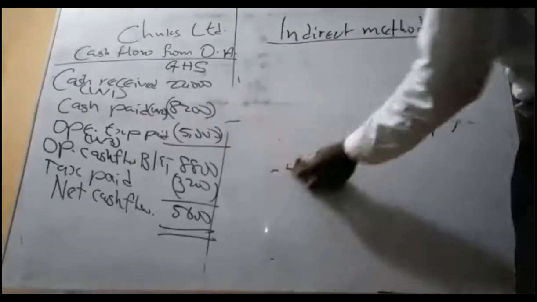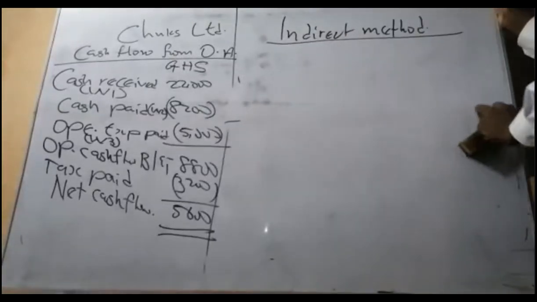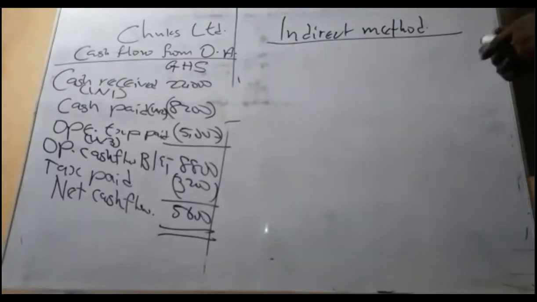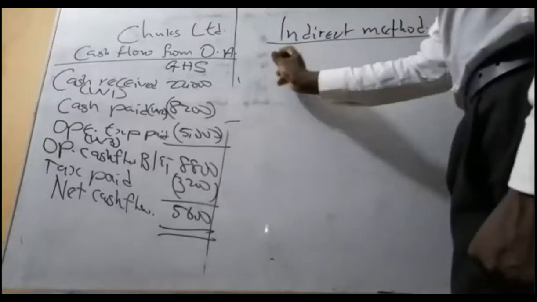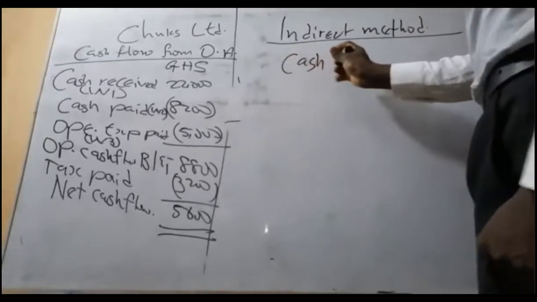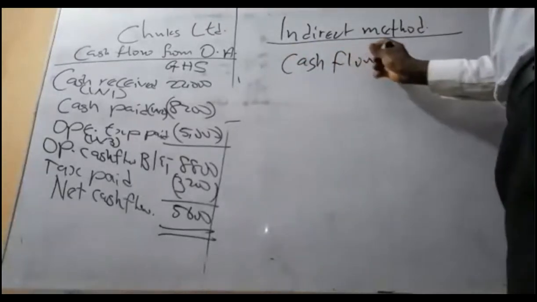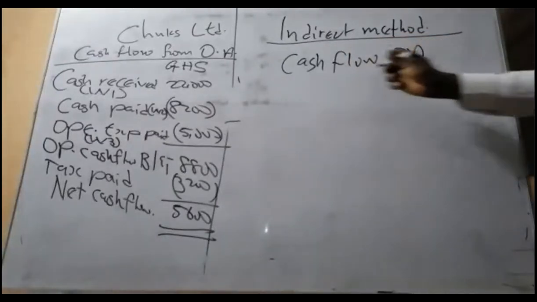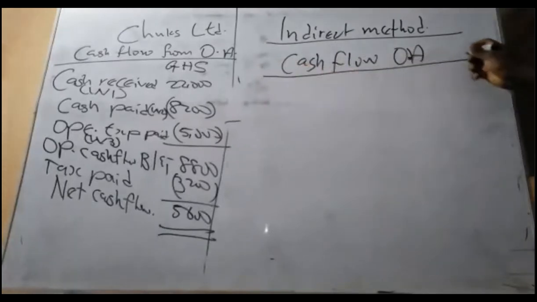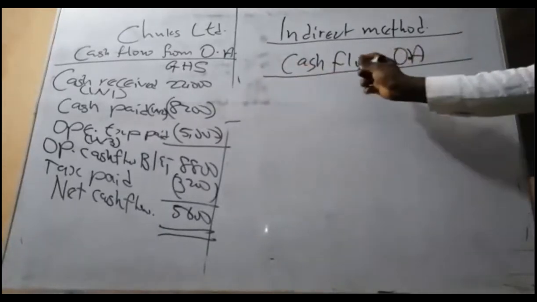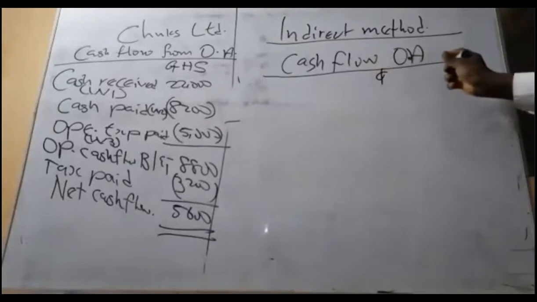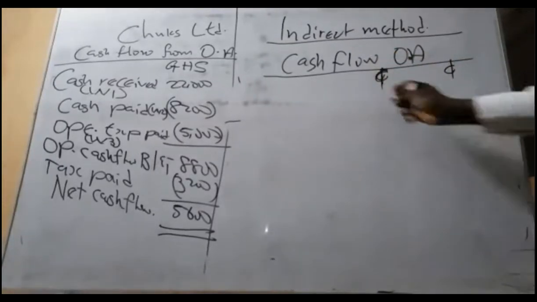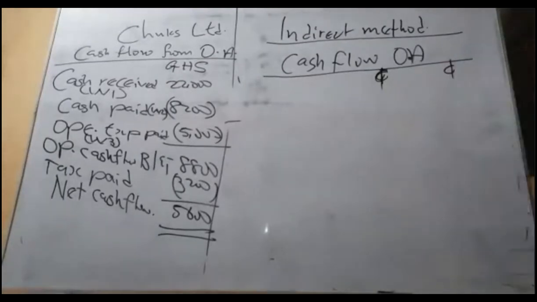So this is how we want the format to be. This is how it's supposed to be. First, tell the examiner that you are preparing cash flow from where? OA, operating activities, no shortcuts. Here the currencies. Normally, for cash flow, we like to use, especially, the indirect method